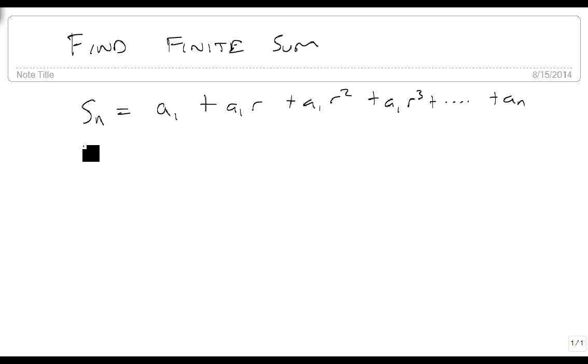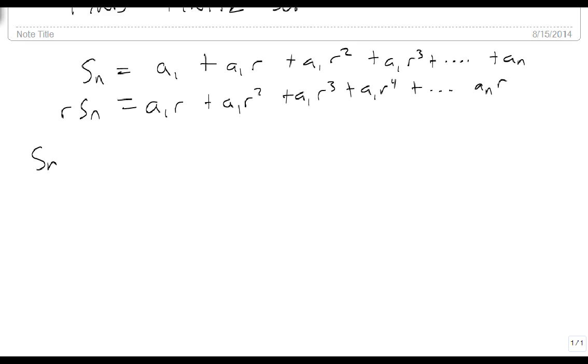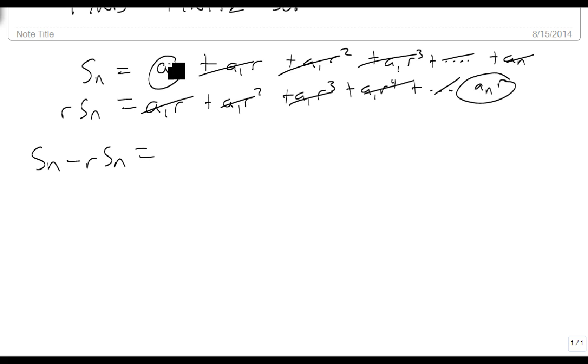Well, I can multiply both sides by the same thing, and that gives me r times Sn, which is a1r plus a1r squared plus a1r cubed plus a1r to the fourth plus all the way up to anr. Now we're going to do Sn minus rSn, and notice that that term is going to subtract, that's going to subtract, and this is going to happen all the way down, and this term will subtract, so that what we have is a1